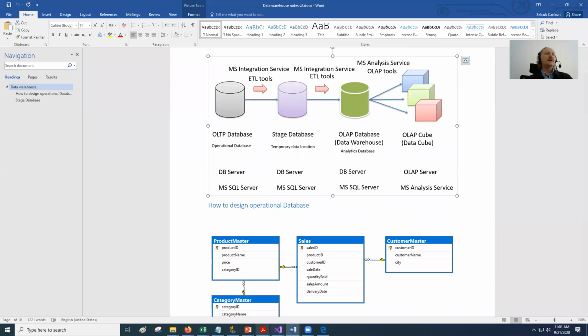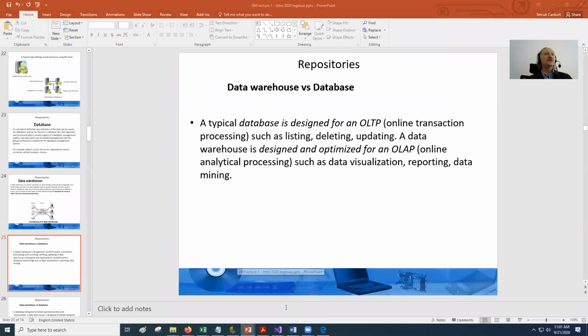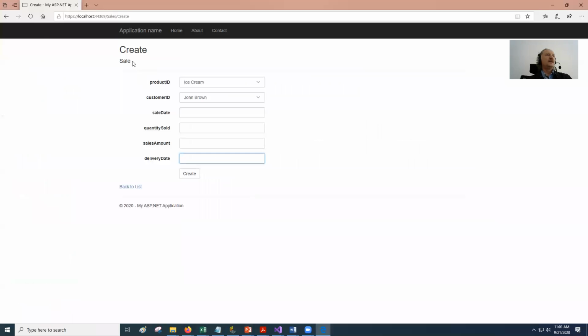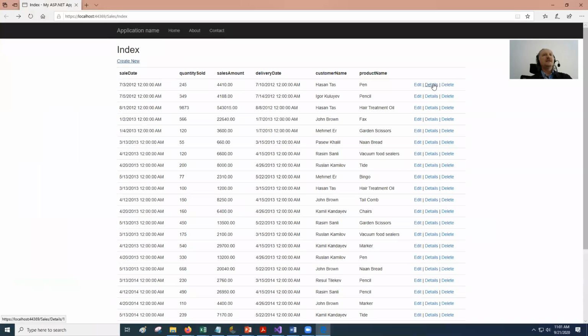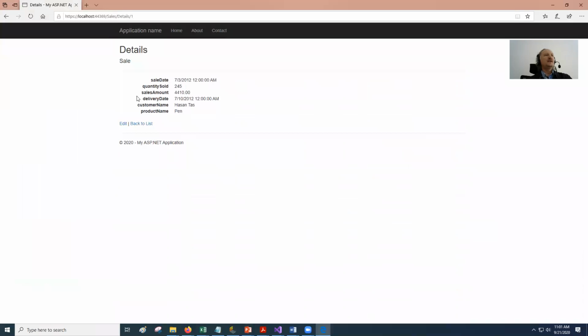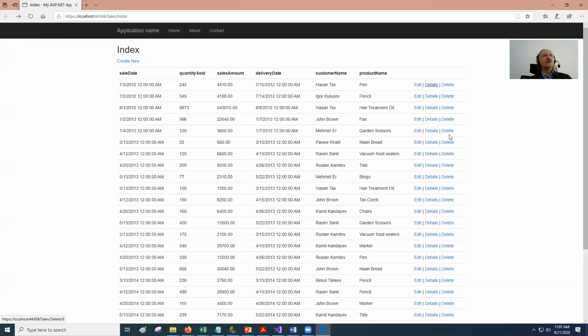This means what we taught in the definition, online transaction processing, such as listing, deleting, updating in your database, OLTP. If you are making this OLTP process, listing, deleting, updating, adding new, you can go to your website and, for example, delete, or see the details, for example listing. You can see one of your sales, to whom you made the sale, what you sold, on which date, you can see this list, or you can delete one of your sales. This is all